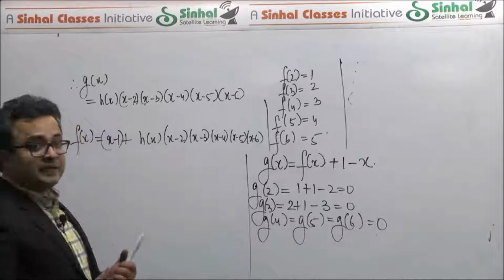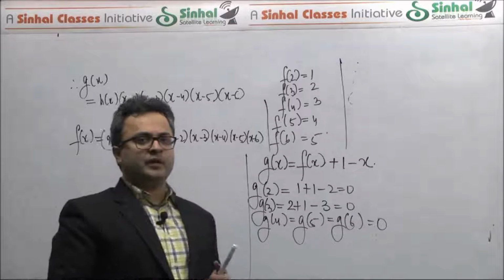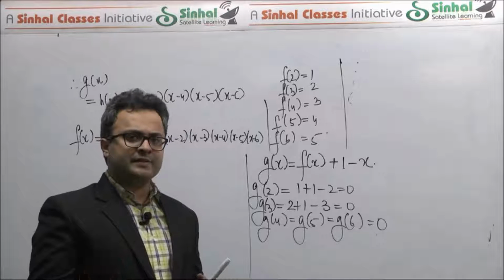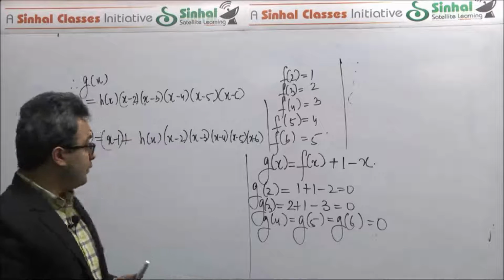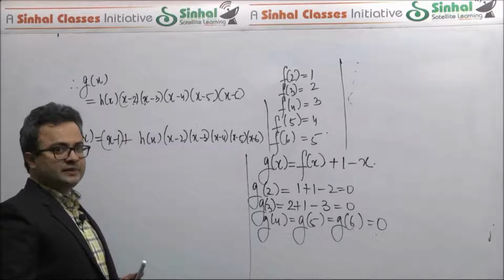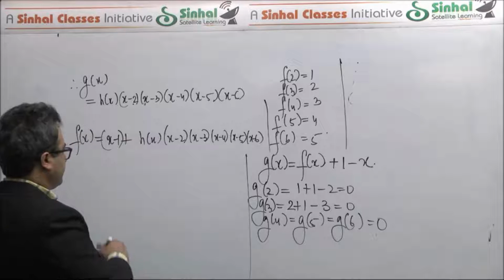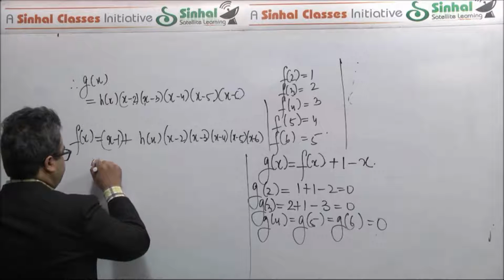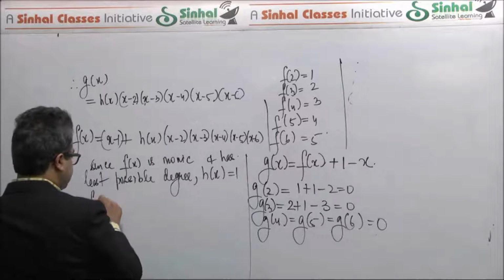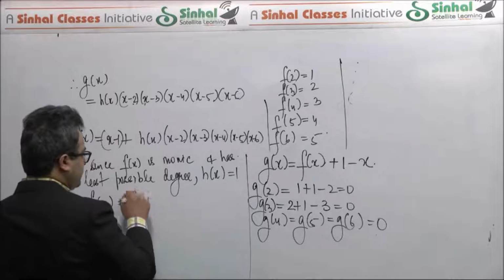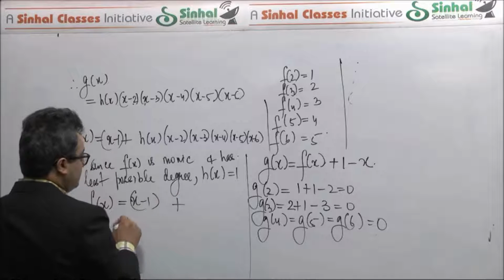And the second thing that's been given is that f of x is a monic polynomial. Now monic polynomial means that the coefficient of the highest power of x has to be 1, for which h of x also has to be a constant, and that constant specifically has to be 1. h of x has to be chosen as the constant function 1, which means that f of x must be equal to x minus 1 plus